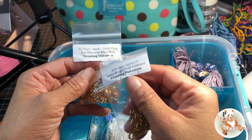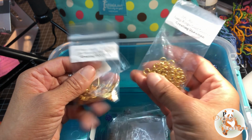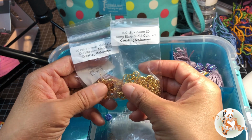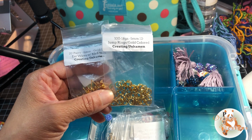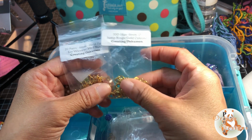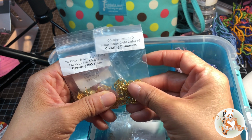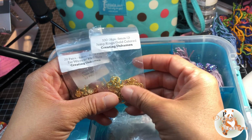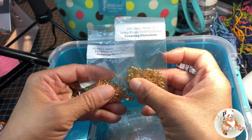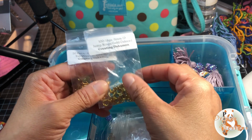And I will say everything I've bought from Creative Unicam is amazing. You will not be sorry. A lot of things that I bought, like all my jump rings, I used to buy them from Hobby Lobby, Joann's, and nothing wrong with that. I think I bought those for when I'm testing them out, but when I make them to sell, I will use them from here, because there's a pack I buy of like 100